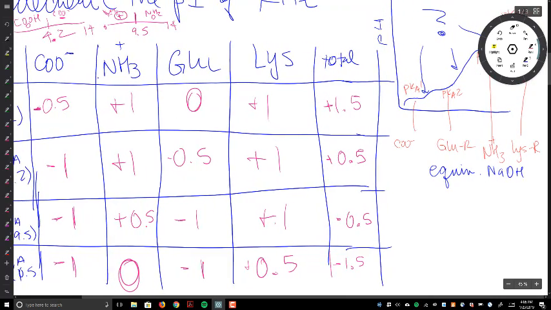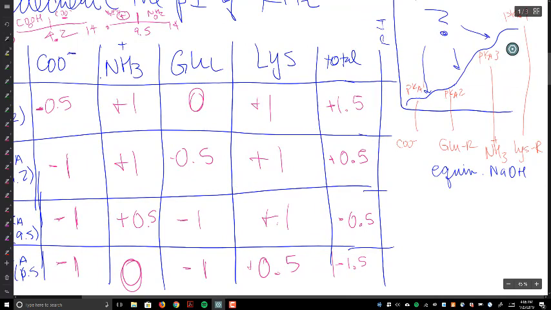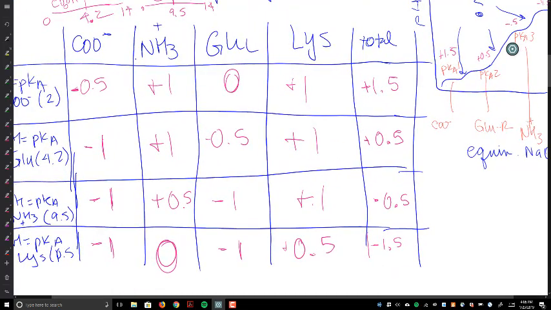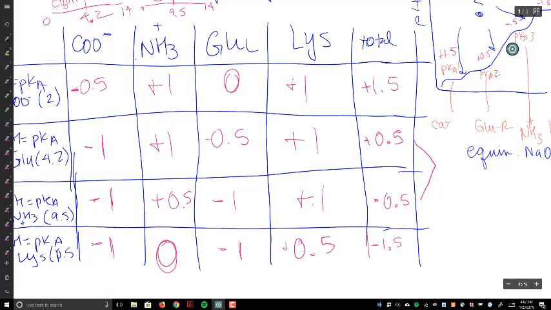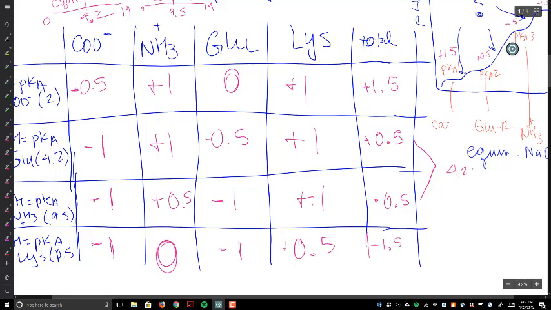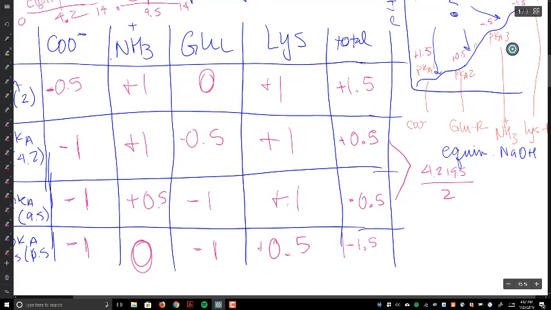And if we look back at this titration curve, we'd have a charge of positive 1.5 at the first pKa, positive 0.5 at pKa2, negative 0.5 at pKa3, and negative 1.5 at pKa4. Now I told you that the shortcut to figuring this out is finding where the charge changes from +0.5 to -0.5 or vice versa, and then taking the average. So 4.2 plus 9.5 divided by 2. And that would make sense for where we are on the chart, halfway between those two pKa's on the